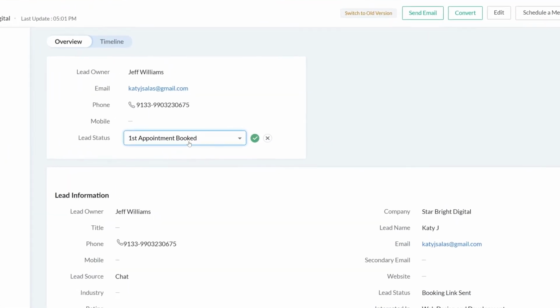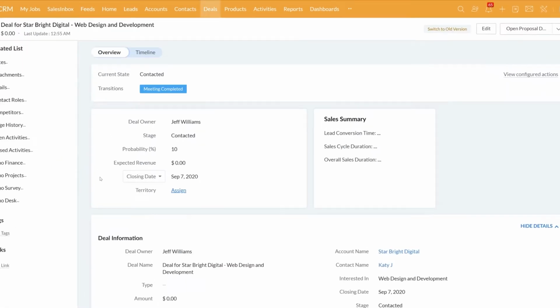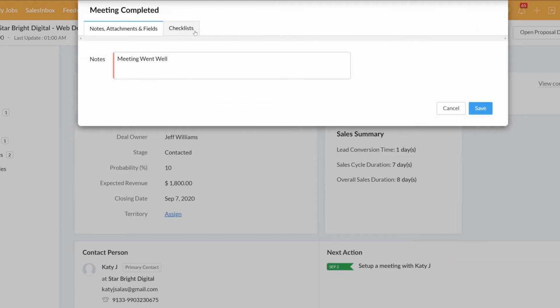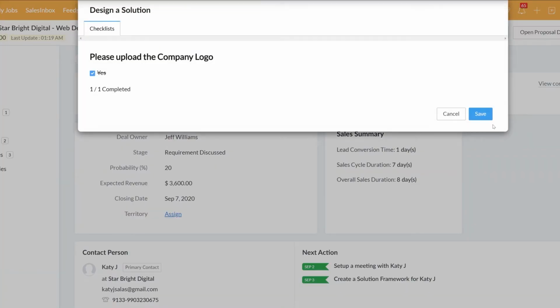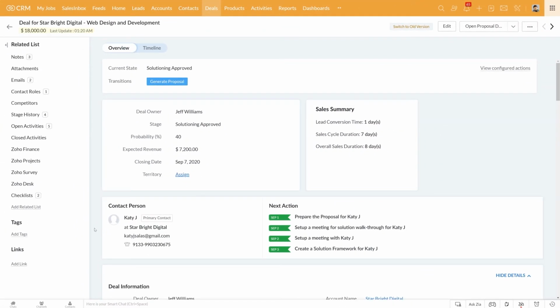After the meeting, you can take notes and update which all services they are interested in. In the next stages, you can follow the step-by-step blueprint here that guides your team members on the next action point and lets them take notes, inputs, etc. in one place. These stages can be modified to suit your particular business process.